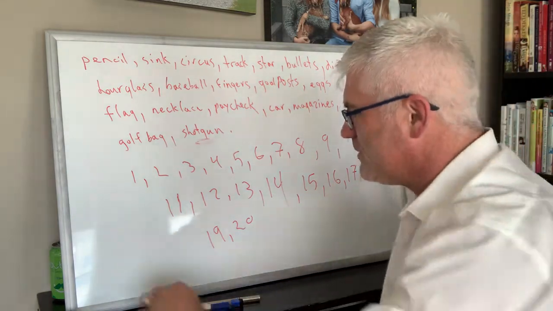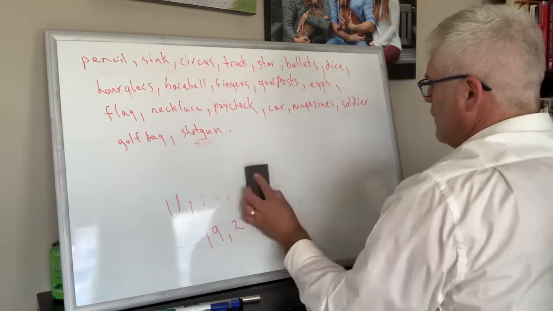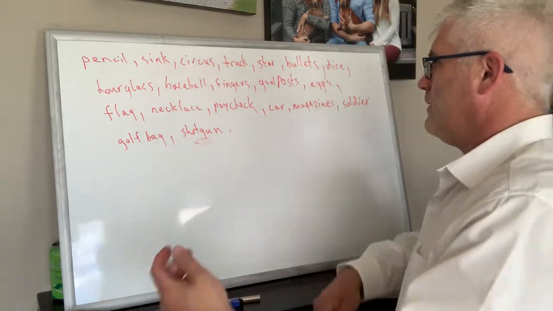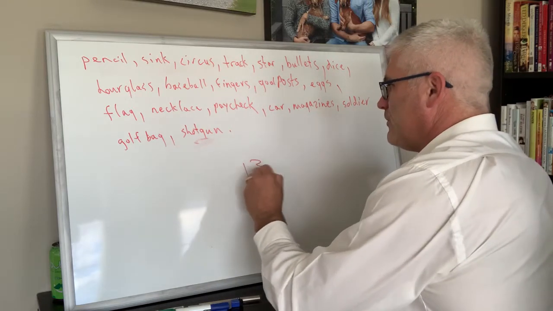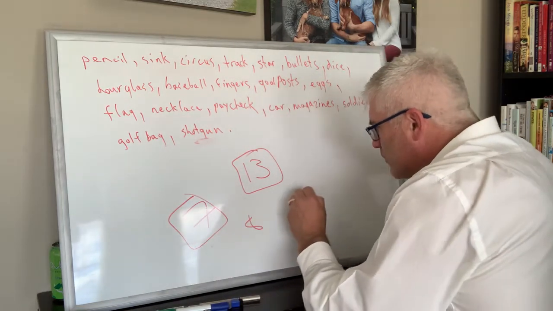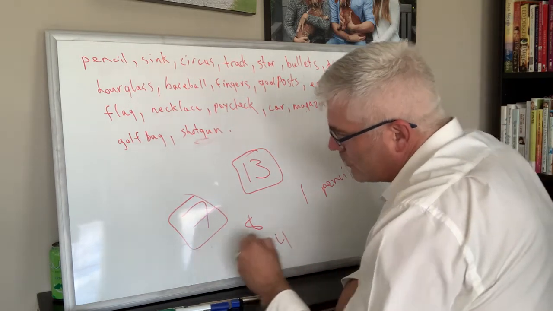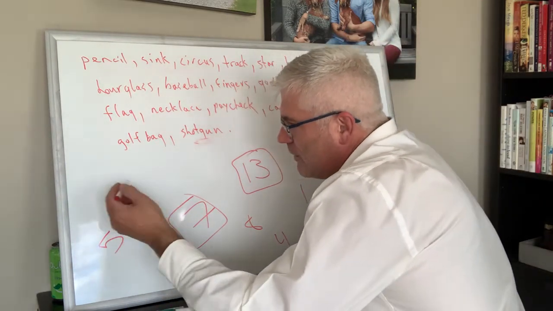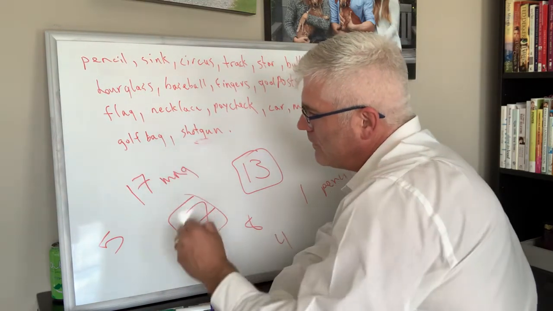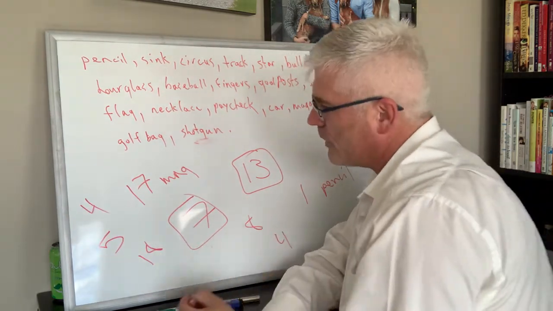Sometimes, you know, but let's just go like this real quick here. So if I went, okay, what's 13? That's the flag. What's 7? That's dice. What's 8? Hourglass. What's 1? That is a pencil. Number 4 is a track. Number 5 is a star. I don't know, 17 is a magazine. Oh, mag. And then 18 is a soldier. 4 is a track. I already have track.